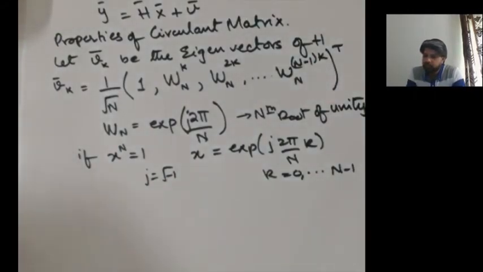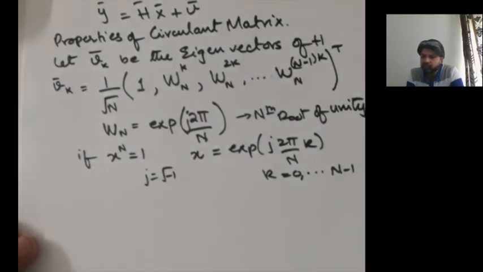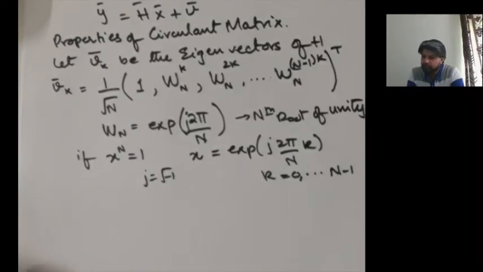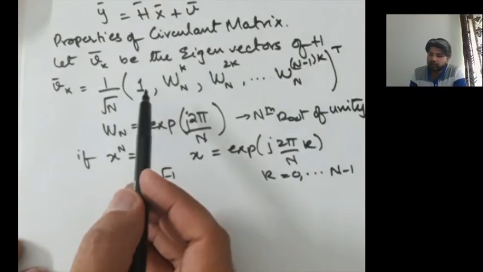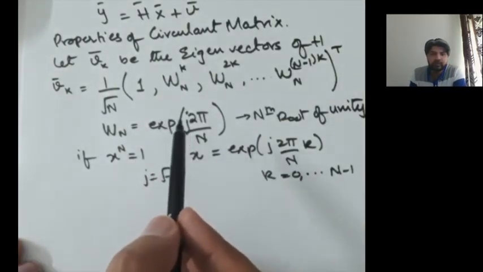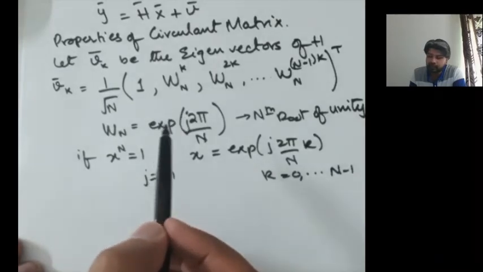So, circulant matrix. This circulant matrix has this specialized form of eigenvectors, right? And because of these special kind of eigenvectors, we can decompose this H matrix using eigenvalue decomposition, where the columns of the decomposed matrix would be eigenvectors like these. And as a result, you would have these exponential powers being represented in the matrix form.